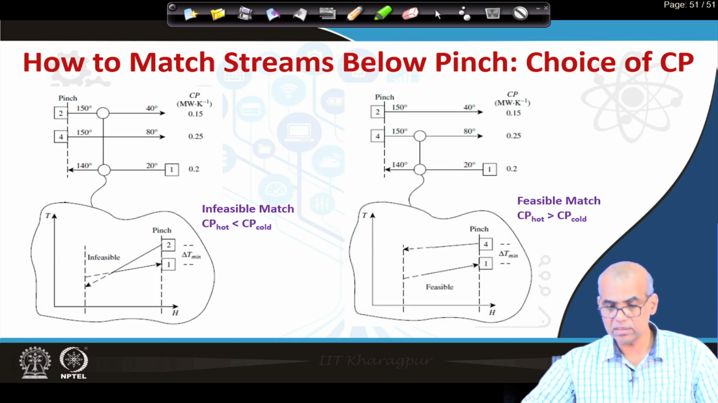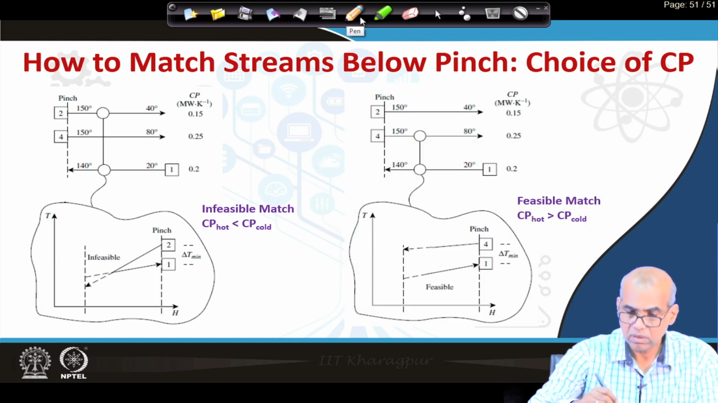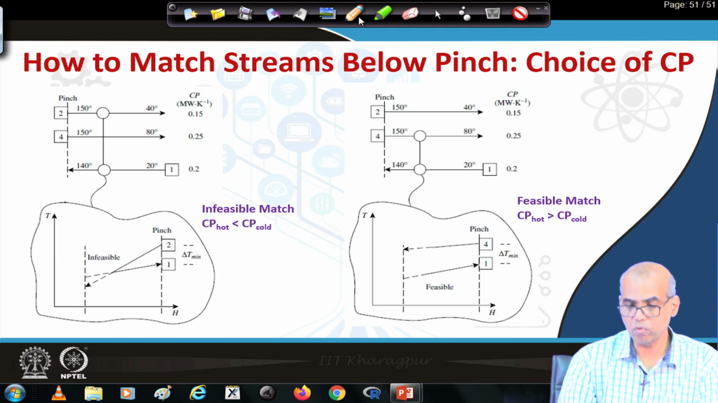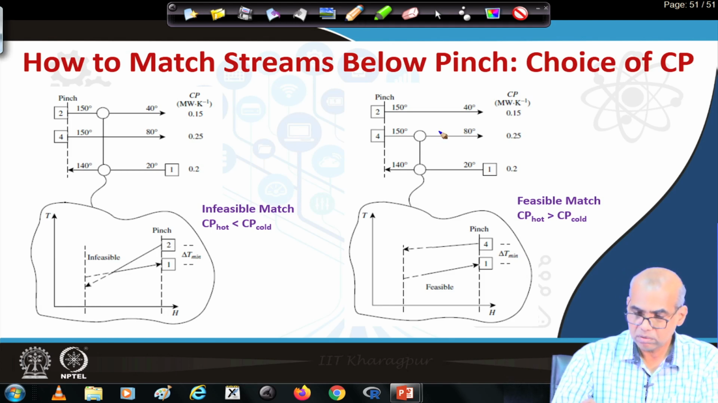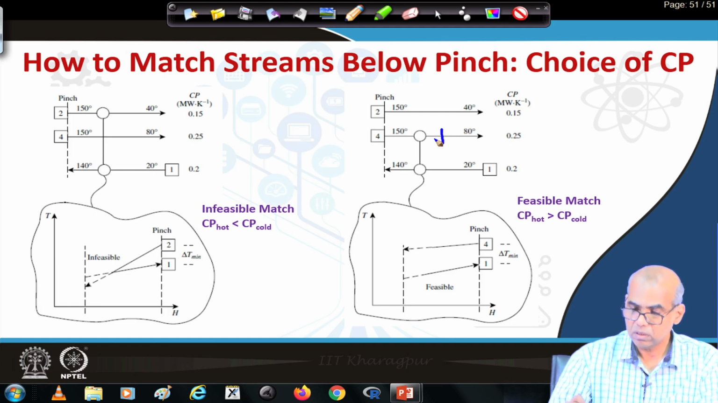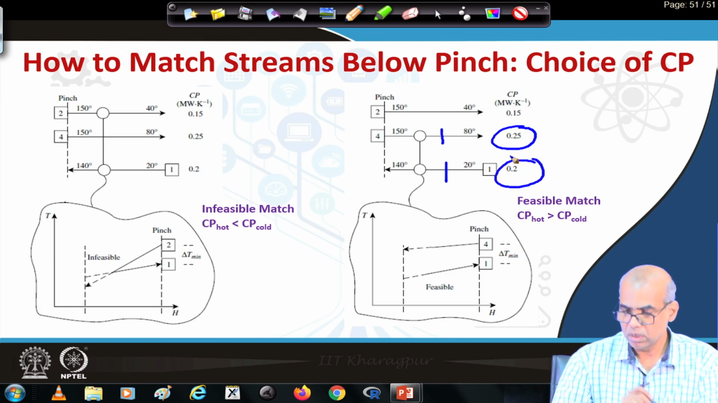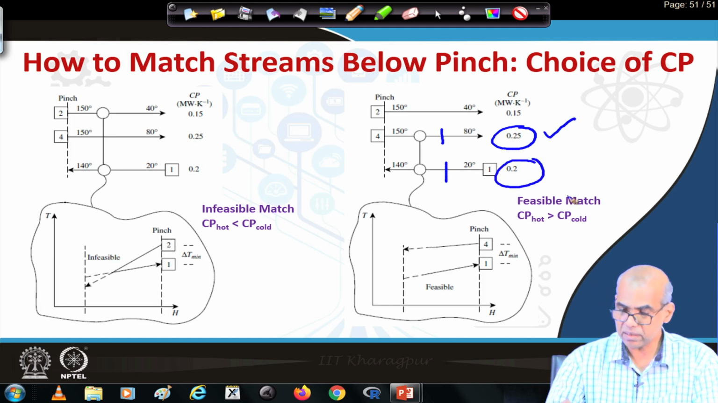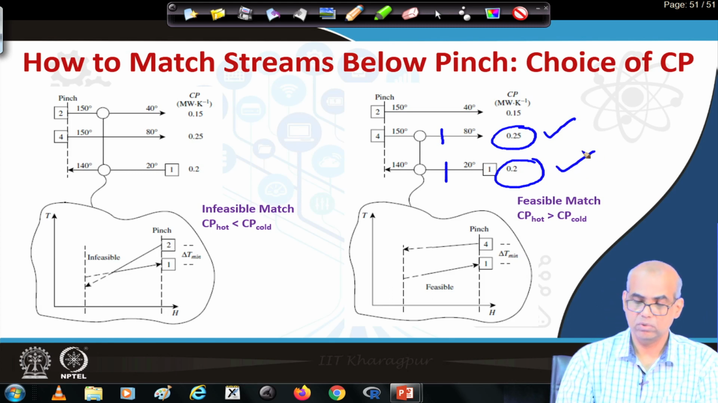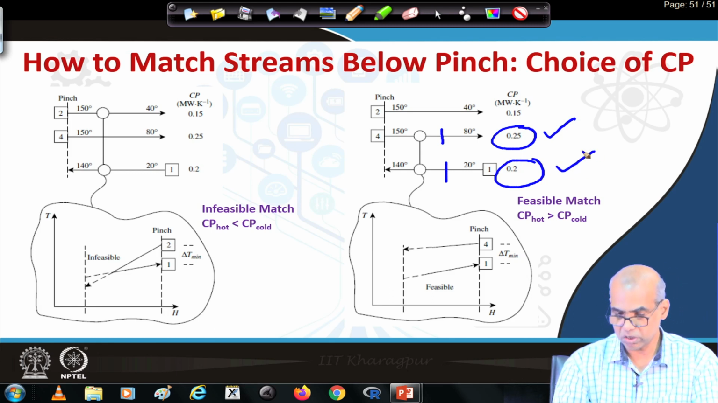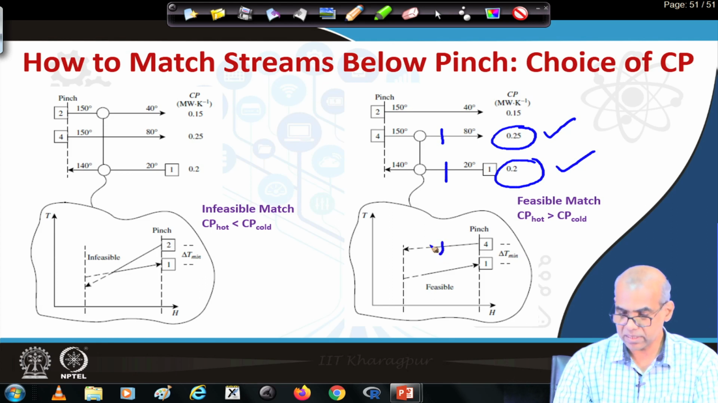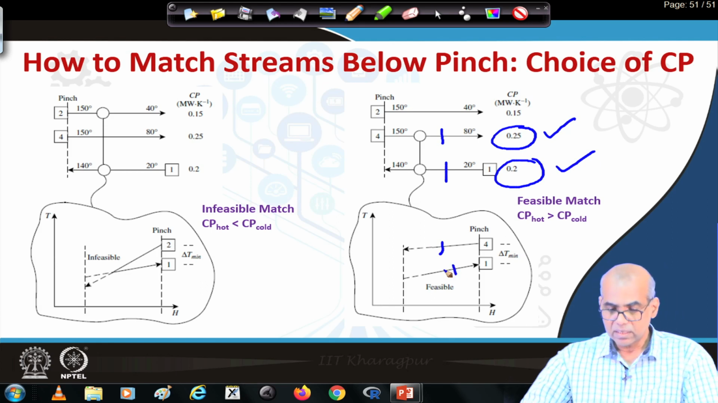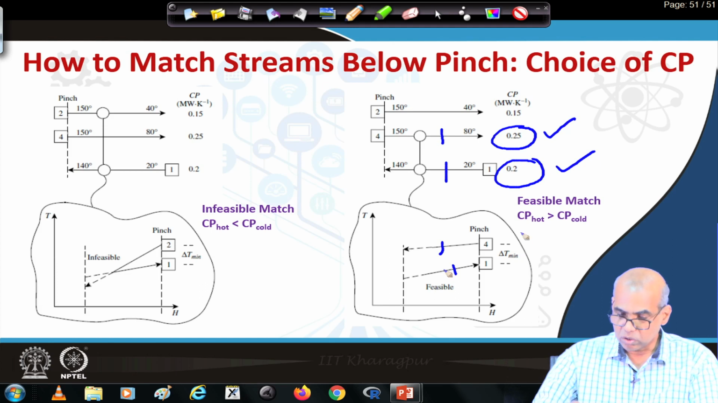Now, let us consider the matching of stream 4 with stream 1. Stream 4 is another hot stream with Cp value 0.25 and stream 1 is a cold stream with Cp value 0.2. So, in this case Cp hot is greater than Cp cold. So, the slope of the hot stream is less than the slope of the cold stream, and we see that this particular match is feasible. So, this is the set delta T minimum value